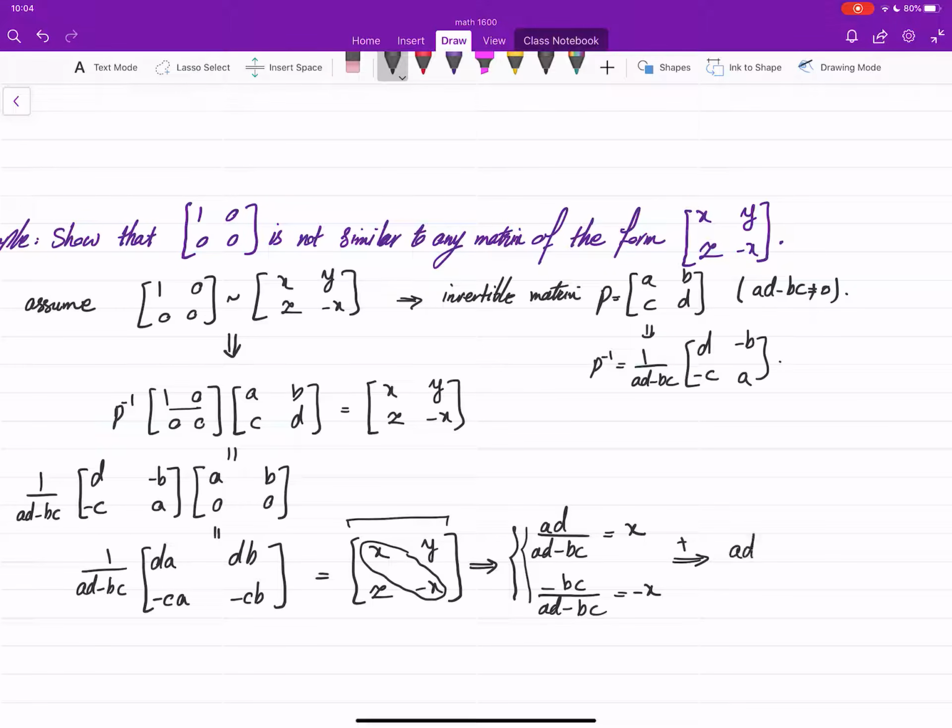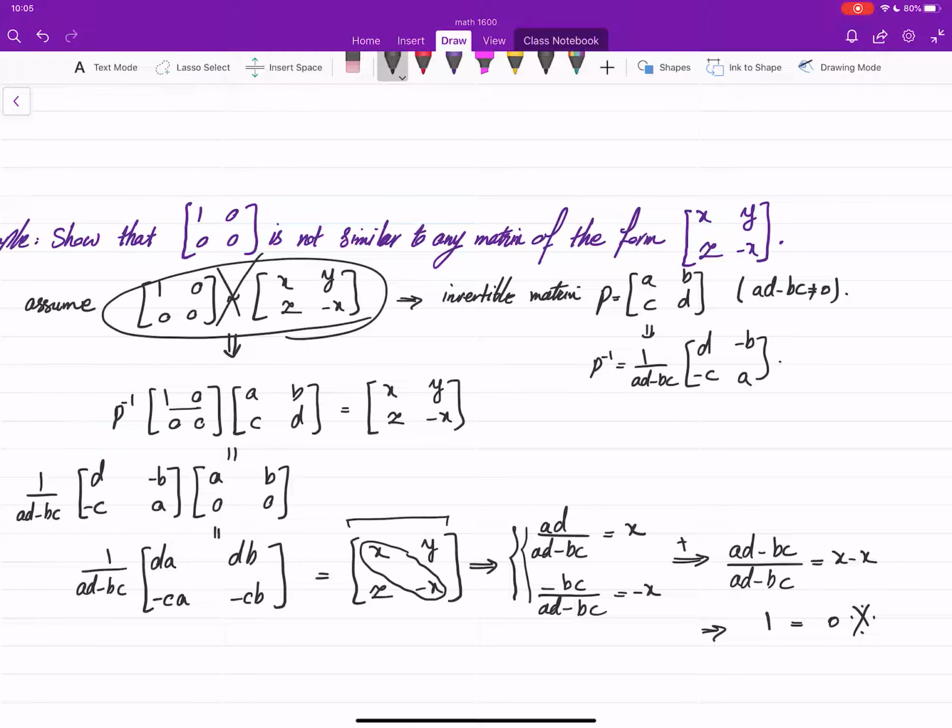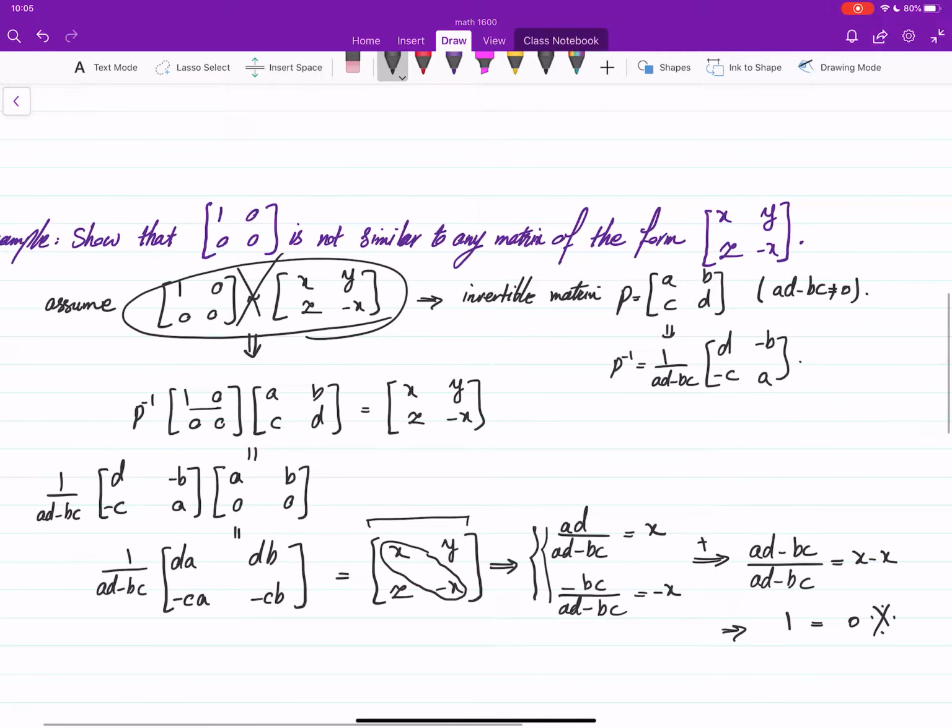That will give us AD minus BC over AD minus BC, and that is supposed to be x minus x. Well, we assume that AD minus BC is non-zero. That means that this left-hand side is going to be 1, and right-hand side is going to be 0. Oh, that cannot be true. And what was the assumption? The assumption was this, so that means that these two 1, 0, 0, 0 cannot be similar to any matrix